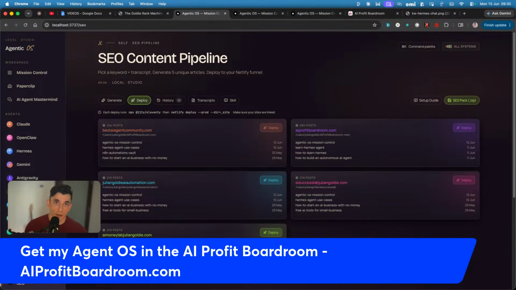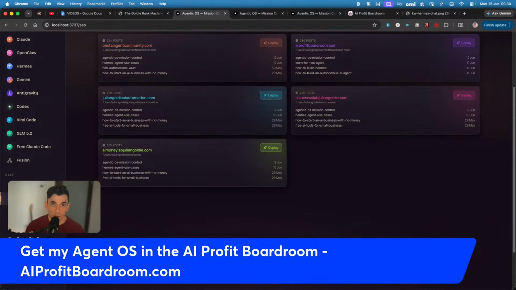Now, you might think, why is the agent operating system good at all of this? Because the crew reads the same notes the keyword gear did. So the content isn't generic, it's in your voice, about your keyword, aimed at your sites and your brands. Because they're separate agents on one board, they can run at the same time. So one can write whilst another builds, whilst another edits, and you stop being the bottleneck between a good idea